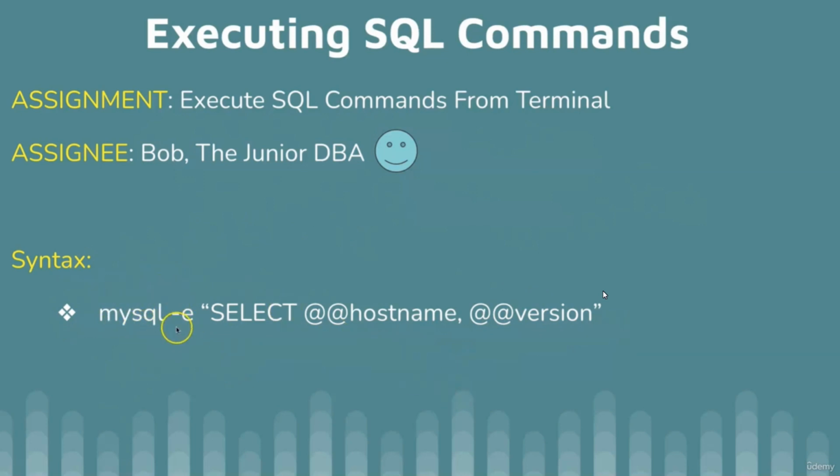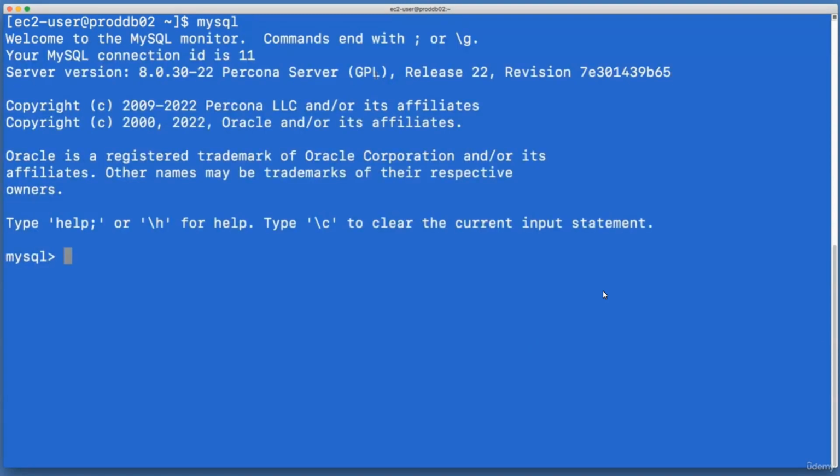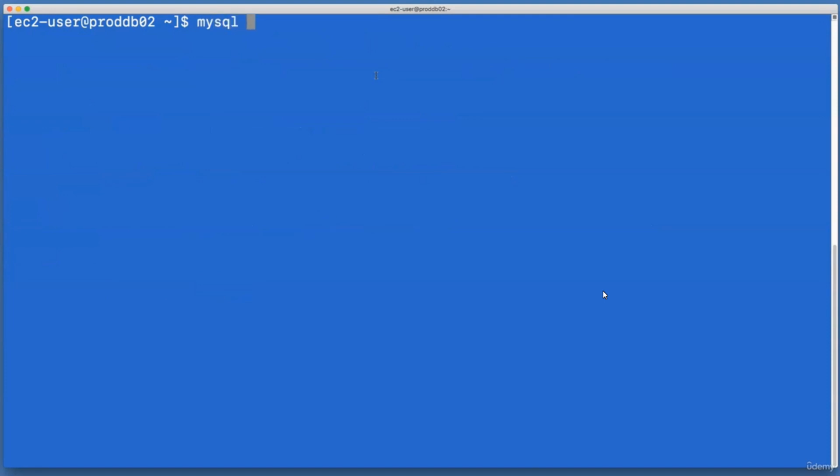I am not providing --host, --user, and --password because I already used the MySQL config editor. All those credentials have been saved. So let me show you quickly both ways how we can execute a SQL command from the terminal. Here I have already logged into a database host, so I can log in as mysql because I already saved the credentials. Now I will simply say mysql and then -e,